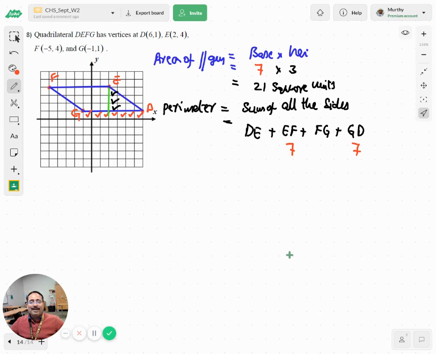Now I have to figure out the length of DE or the length of FG, because again the lengths of opposite sides in a parallelogram are equal. Let me repeat, in a parallelogram opposite sides are equal. Therefore DG equals EF, DE equals FG. So if you can find either the DE value or the FG value, then the other one will be the same. So let me find the length of DE using the formula